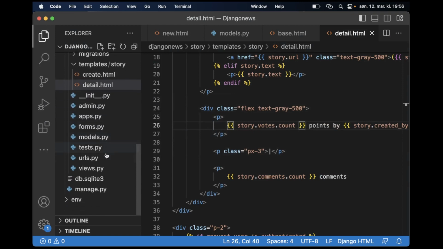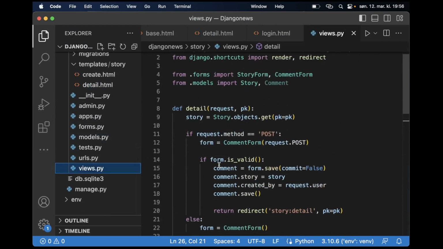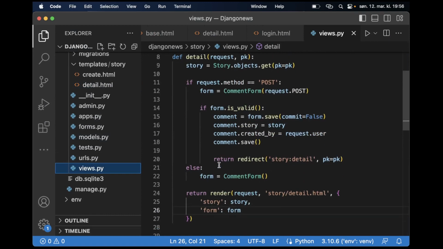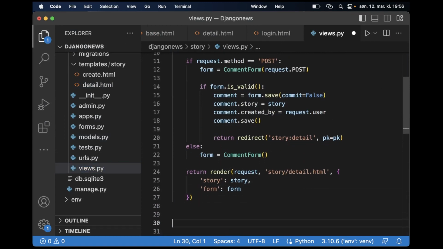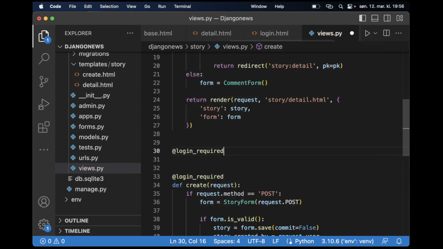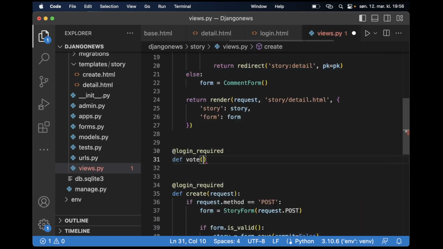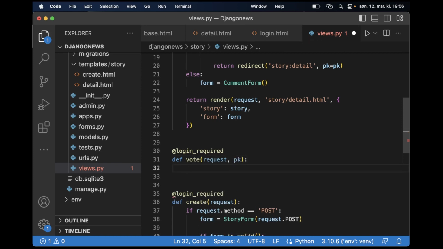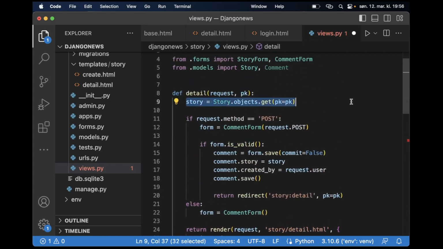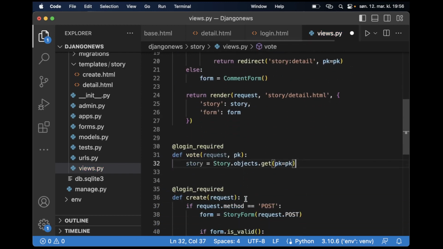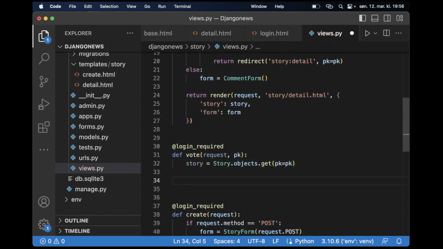So then I need a view for doing that, or should I just use the detail? No, let's create a separate view for this, so I can have the login required. Login required, def vote, request, primary key, so I know which story to vote on. Then I can get the story by doing this. And then I want to check that you have not voted for this story before. And the best way to do this is probably